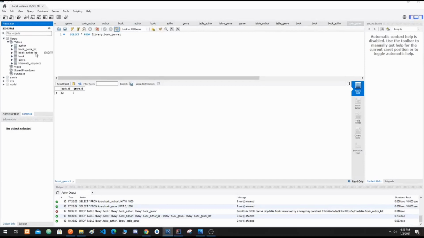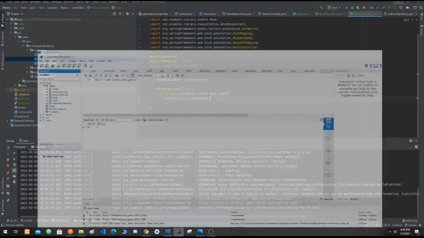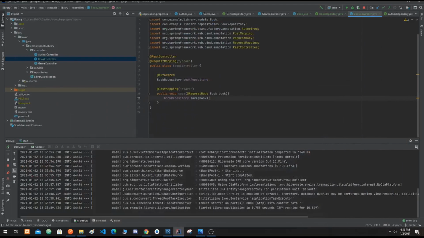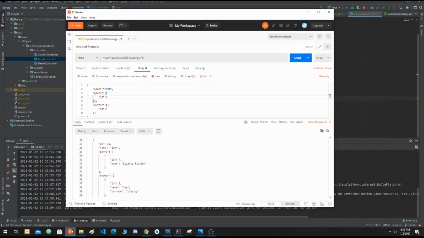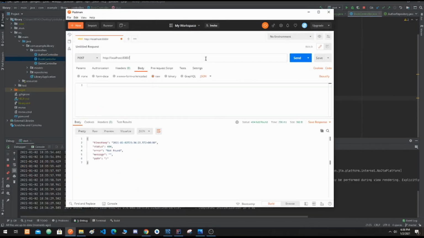As you can see, our tables are created. So let's send a request to save method. I'm gonna send a post request to localhost 8080 book slash save,